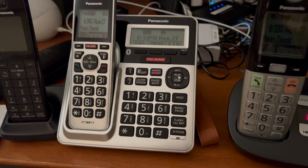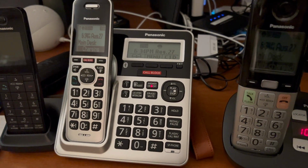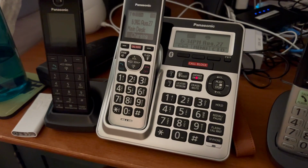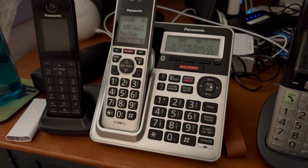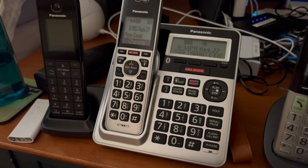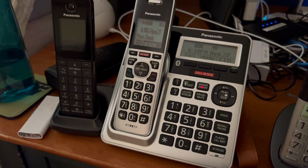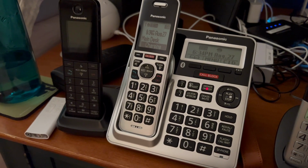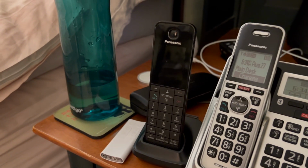Here are the phones in my room as of August 27th, 2025. On the main desk, we have a 2021 Panasonic KX-TG938x on the main desk line. This phone was a huge deal because this was my very first cordless phone to be purchased in its release year, 2021. Next to it, we have a 2014 Panasonic